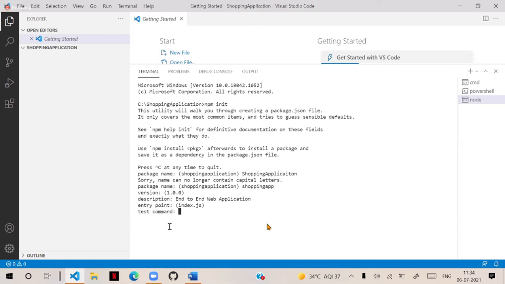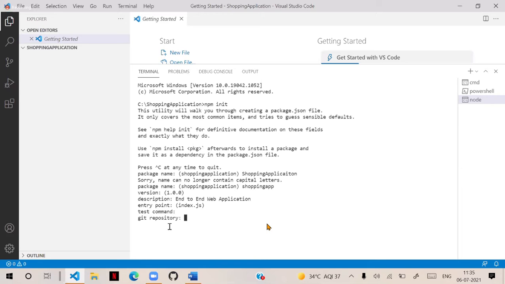Okay. It is asking, do you have any testing commands? That means used for testing the application. We don't have any testing related things. Testing also we will see in the later stage. So ignore this also, enter. Next, it is asking, do you want to collaborate with any cloud like Git cloud? So I don't want currently because we don't know anything about Git collaborations. So we will leave this also empty. Remember, these all you will see later, how to handle them.